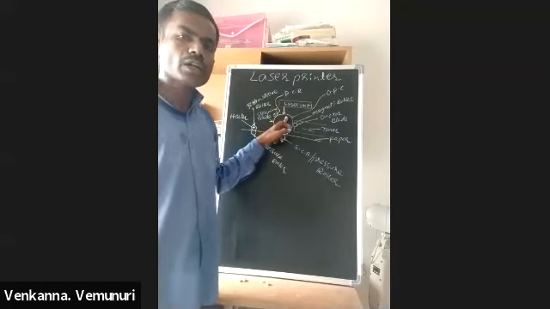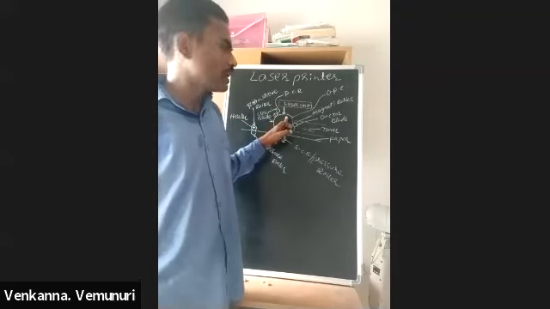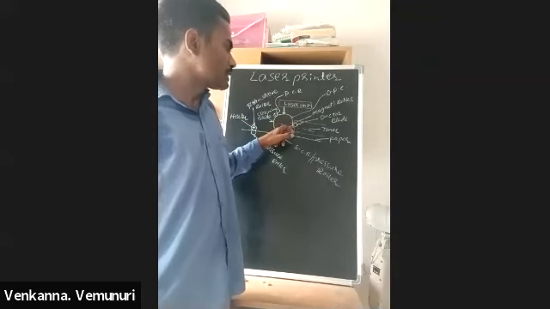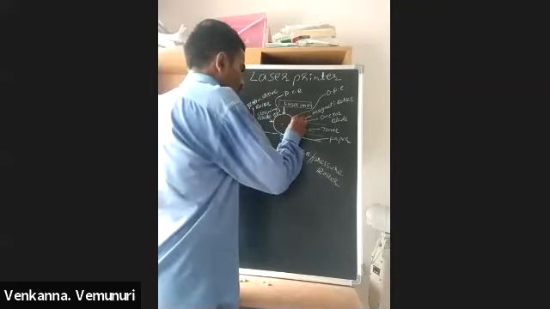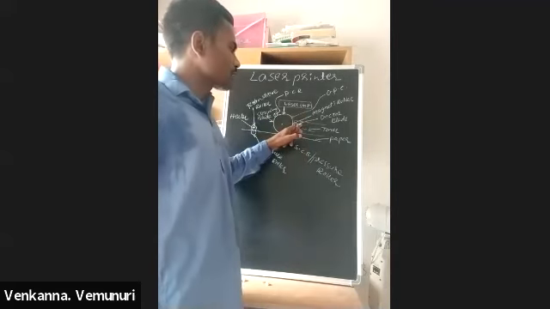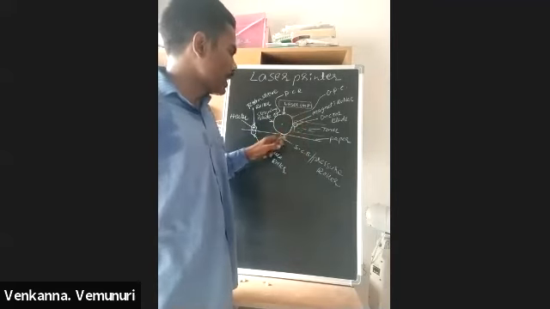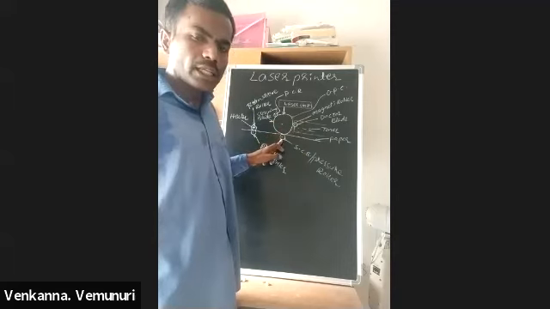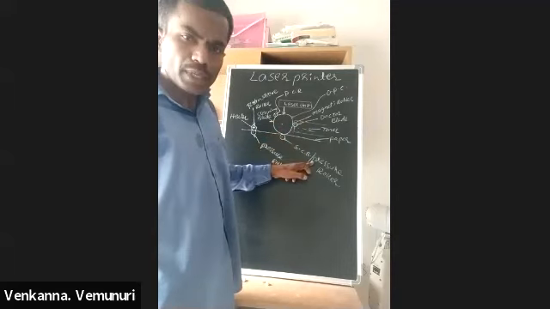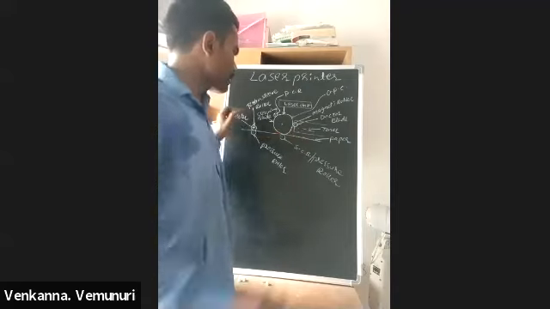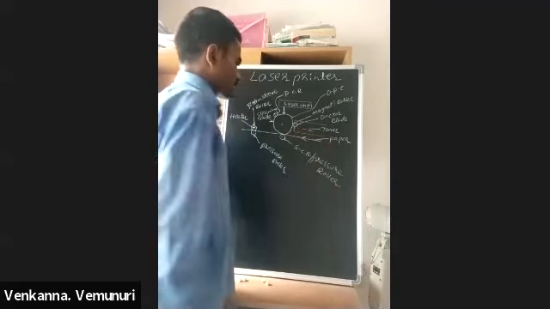OPC drum means an organic photoconductive material coated aluminum drum, and this is a magnetic roller. And this is the doctor blade, and this is the toner powder, and this is the secondary corona roller, generally called the pressure roller. And this is the paper. The paper is moving in this direction.